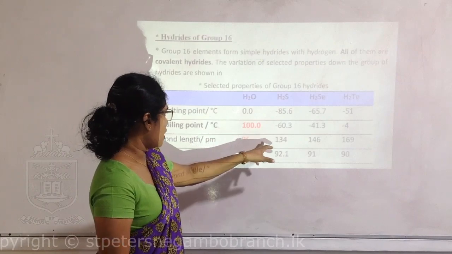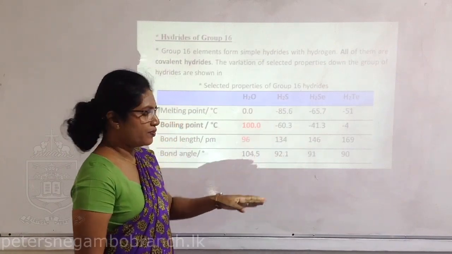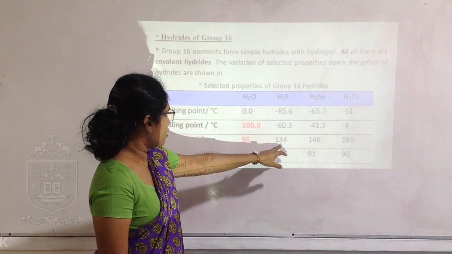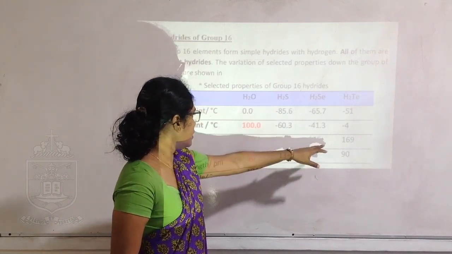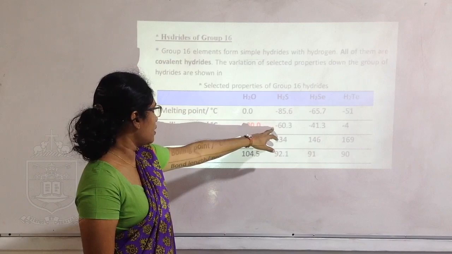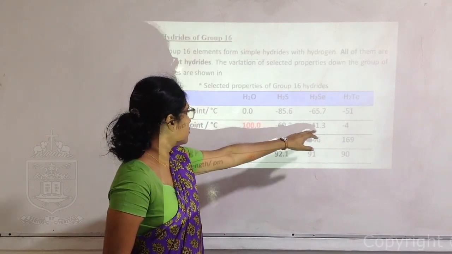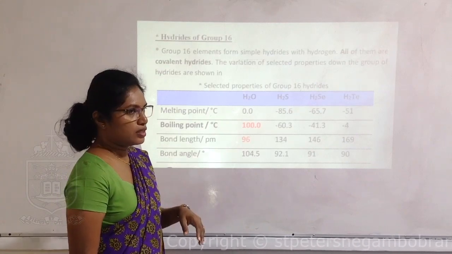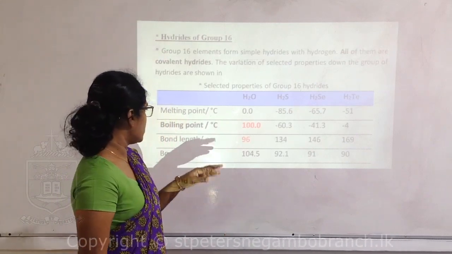So for other elements it is true here: higher bond lengths mean lower boiling points. But for water it is different, because